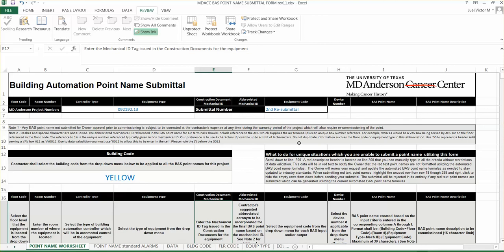And then our preference is to use a character, and here it's saying do not duplicate such as the floor code in the equipment type in this abbreviation. So in this particular case, we are, because he references 5BF5-1. He did it, so we'll probably include it. The engineer of record used it on the mechanical ID, but if we can keep under the 4 characters, we'll use it. And then use 00 to represent a header air handler serving a box, such as number 12 would be